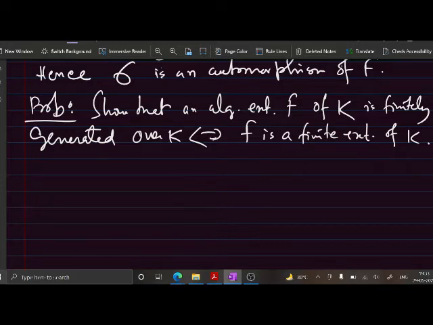এই পার্টটা তো মোটামুটি easy, যে যদি F ইজ ফাইনাইটলি জেনারেটেড ওভার K হয়, তাহলে F ইজ আ ফাইনাইট এক্সটেনশন অফ K। হ্যাঁ বলো বলো, হ্যাঁ, মানে ফাইনাইটলি জেনারেটেড হলে তো ফাইনাইট এক্সটেনশন হবেই। উল্টোটা তো দেখছি।